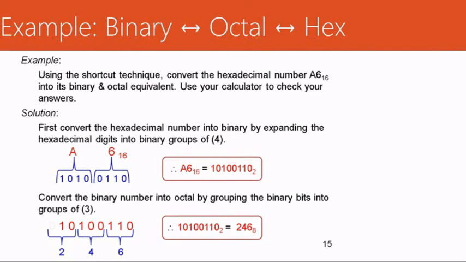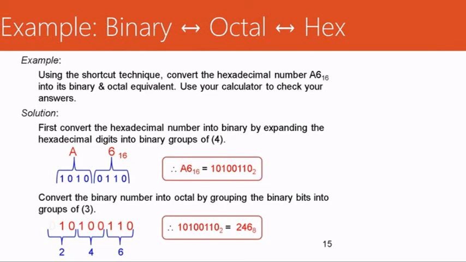And if we are going to convert 1, 0, 1, 0, 0, 1, 1, 0 to its equivalent octal, all we have to do is group them by